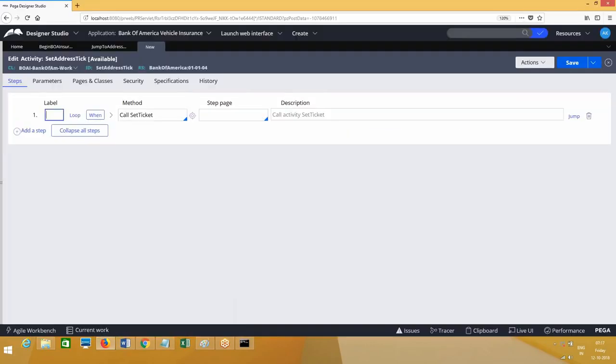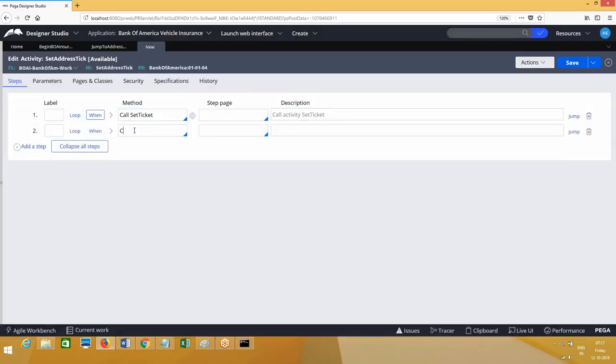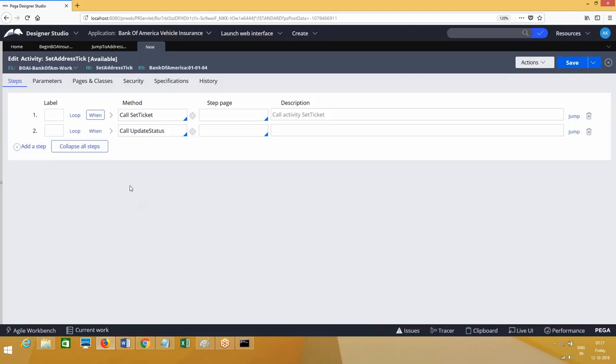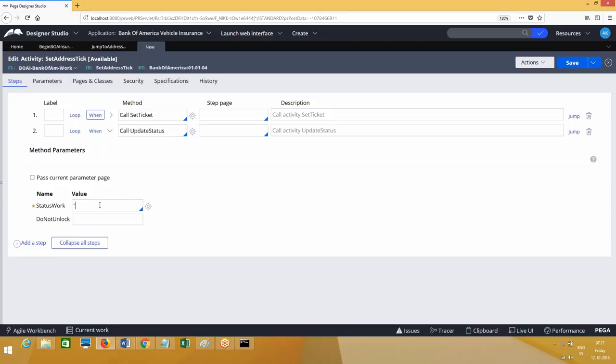Okay, next, add another step, and we need to update the status. There is an OOTB activity available in order to update the work object status. Update status. What status do I want to update?